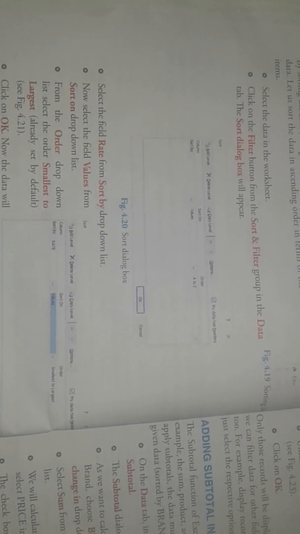Filtering allows us to display only the data that we want to view. Whatever we want to view, we can filter only that data. We can specify the criteria using the filter option. Let us display the data of only those words where the rate is 25. This is the example.